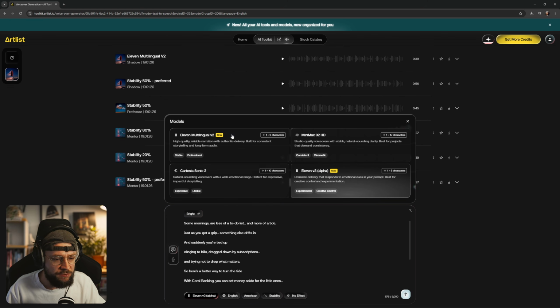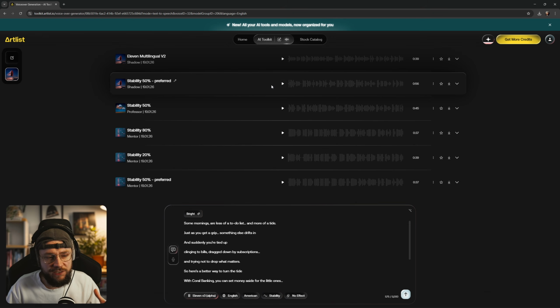And here we're also able to select all of the different voice models. So various different routes we can go down there as well, all of which have slightly different parameters. And eventually I ended up running the script through the voiceover artist named Shadow, and this is what we got